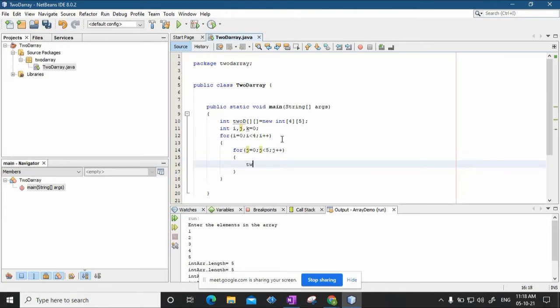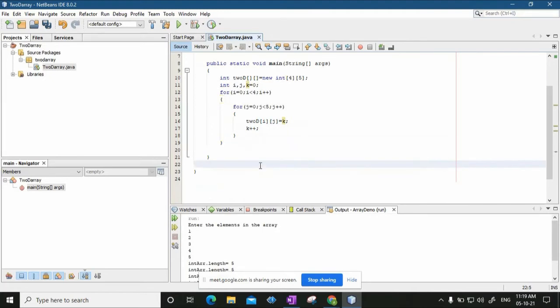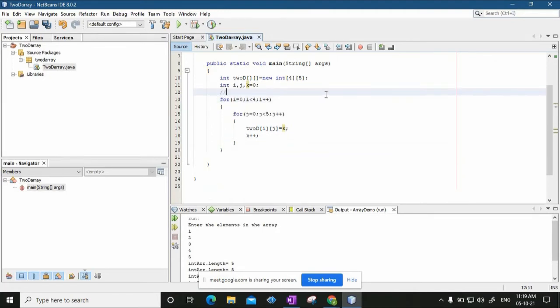So I'll say 2d of i comma j equal to k, and I will simply increment this k. Okay. So this is how I insert elements in the array.